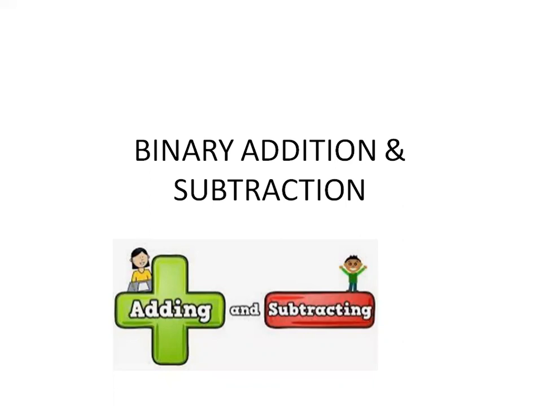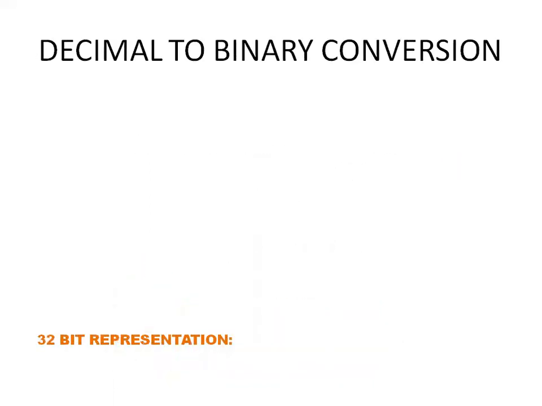Before learning about binary addition and subtraction, we have to know the conversion. That means you are going to convert a decimal value to a binary value, as well as binary to decimal. Only then can we go for the binary addition and subtraction methods. Decimal has the base value 10 and binary has the base value 2. What does it mean? Decimal consists of 10 numbers, ranging from 0 to 9. Binary consists of 2 numbers. The values are 0 and 1.